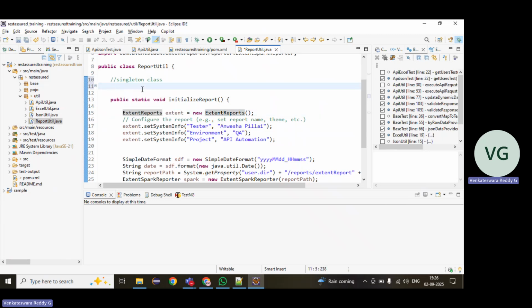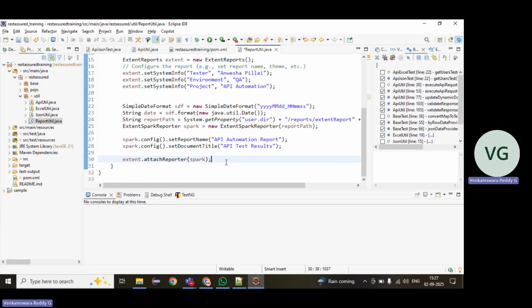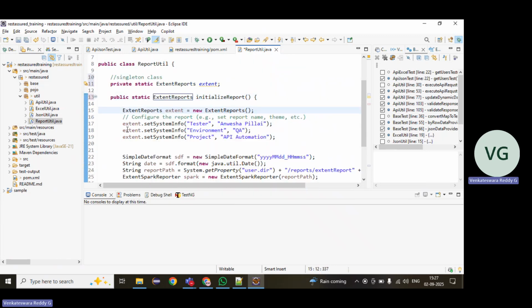To make it a singleton, we will make it a private static variable of the current class, and a public static method which should return this object, the object of the extent reports. But we have to verify